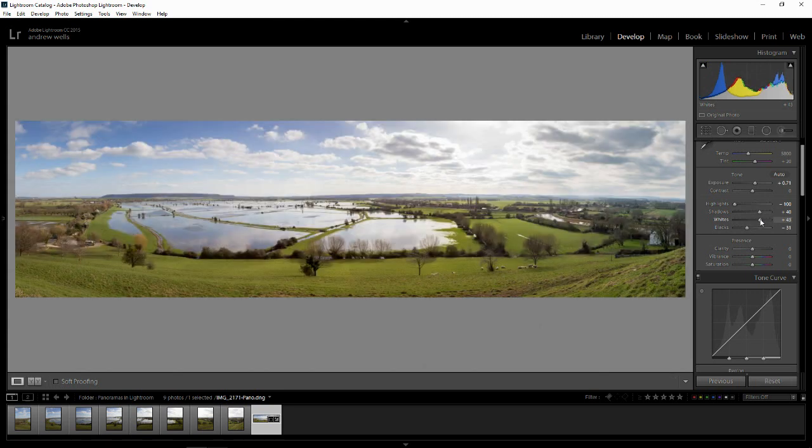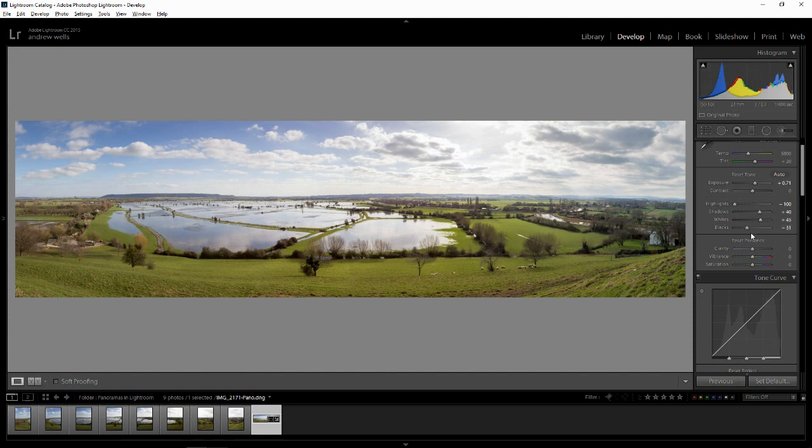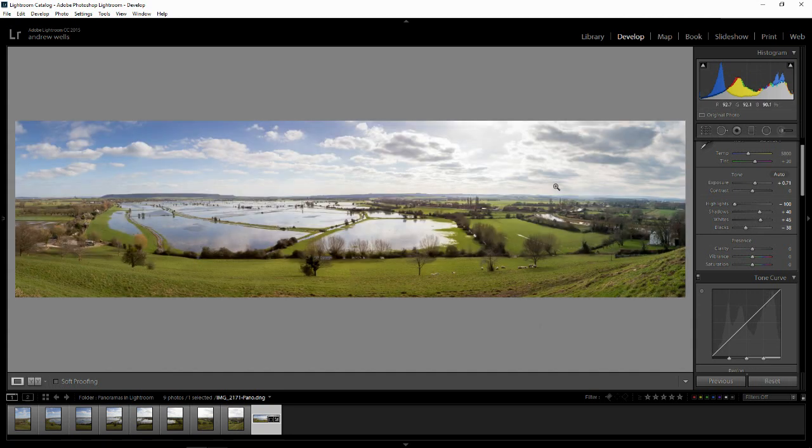All I'm doing here, by the way, is just holding down the Alt key, and that allows us to see where the whites start. We always want a bit of white and a bit of black in our photos, so we kind of want to stretch that histogram right across the top, and that just makes the image pop a little bit. Probably add a little bit of clarity to the midtones, boost the exposure a little bit, play around